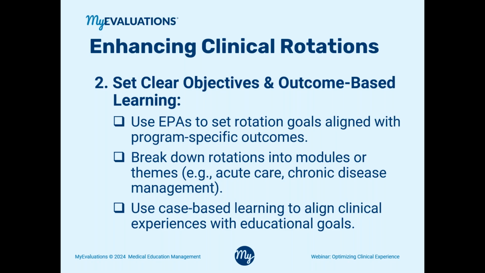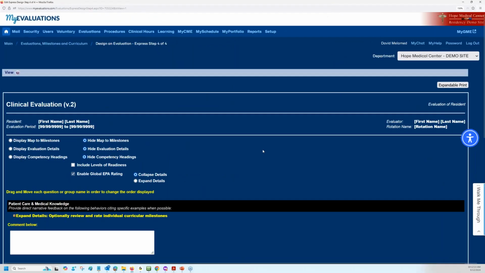The nice thing about entrustable professional activities, as we go through this webinar, I will show you specific examples of this idea of EPAs, is they can also live within the goals and objectives. So not only are you setting the goals and objectives based on those EPAs, but you're also simultaneously setting them up as the assessment tools. So as an example here,